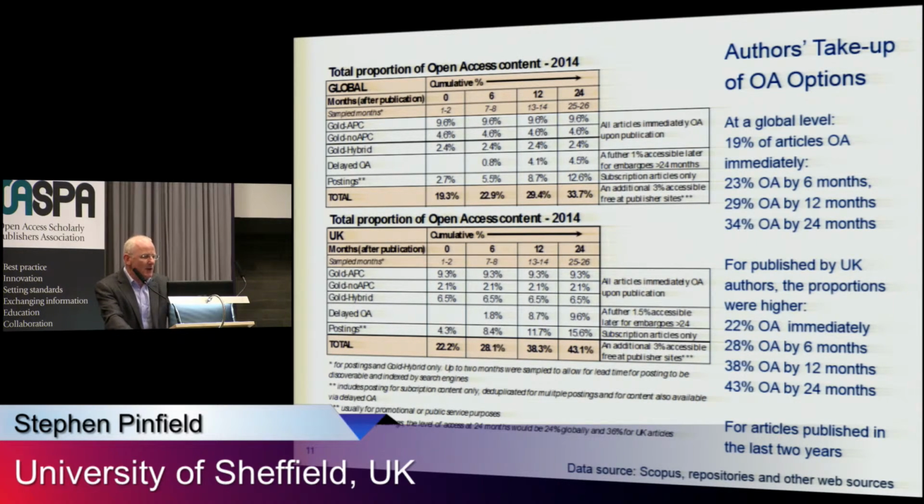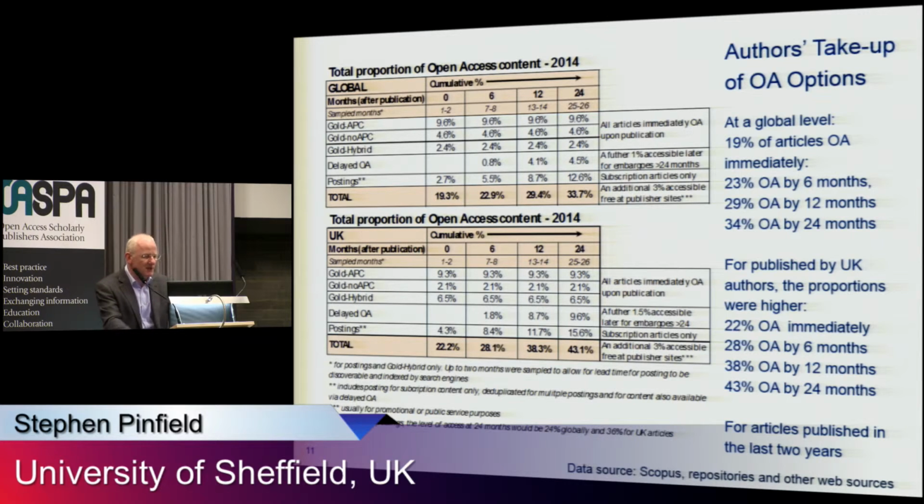What we see here, though, is how material is made open access progressively over time. So we did censuses at, say, 7 and 8 months to see what was available after 6 months and so on. And you can see here, globally, the estimates look like this. 19% of articles globally are available immediately on open access. This is from the period covered, 2013 and 14. Rising to 34% after 24 months. Interestingly, the UK is ahead on every one of these figures in terms of availability.